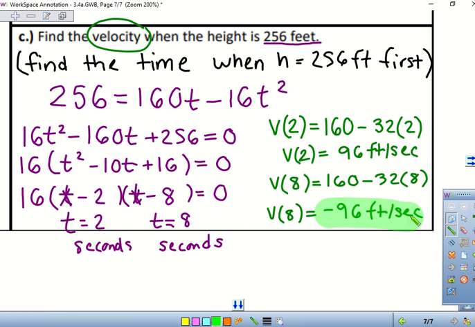So notice that the answers are the same, but they're opposite sign. Why do you think that is? One's going down, one's going up. So the speed is the same, right? Yes. The velocity is different because they're in opposite directions. Make sense? Would that be for every sort of equation that